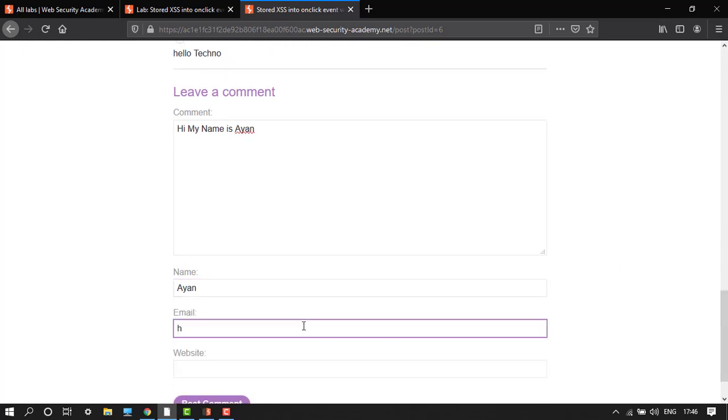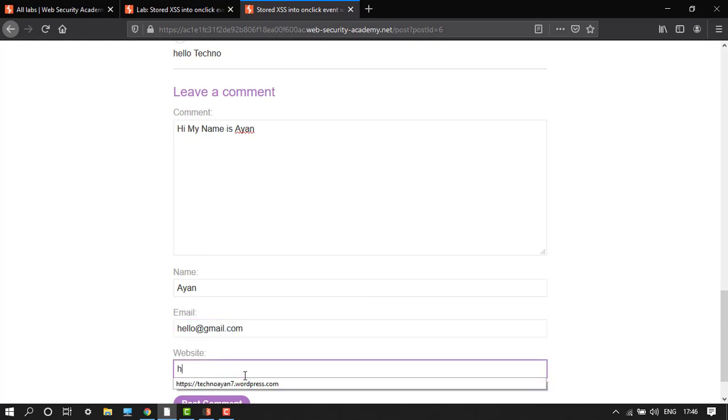Hello @gmail.com, and now here we have website. So from website we will type https anything and backslash. Now it will write the same thing. Let's remove this thing, wordpress.com. So here we write, remove this question mark,